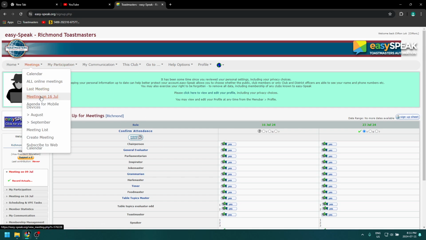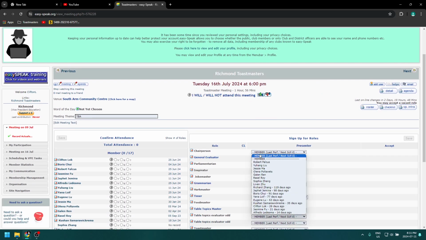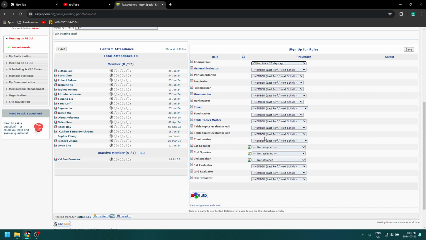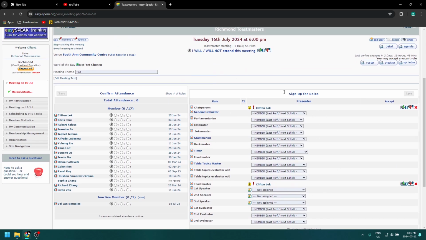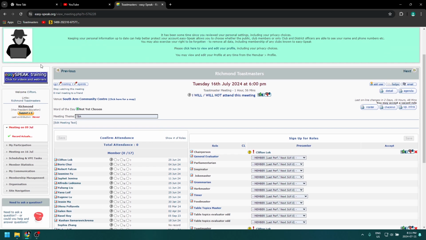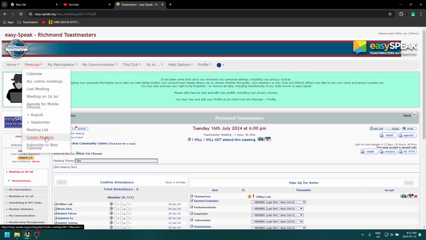I'll just go back to the meeting again and demonstrate that. So say, for example, Clifton's going to be both the chair and also the Toastmaster. So with admin access from either being the president or the VP of education, you're able to do this on the back end and assign 2 roles to some members. It's pretty common that we assign the timer and the grammarian role to the same person since they're smaller roles. So that's essentially it. Once the meeting is finished, you can always make sure to